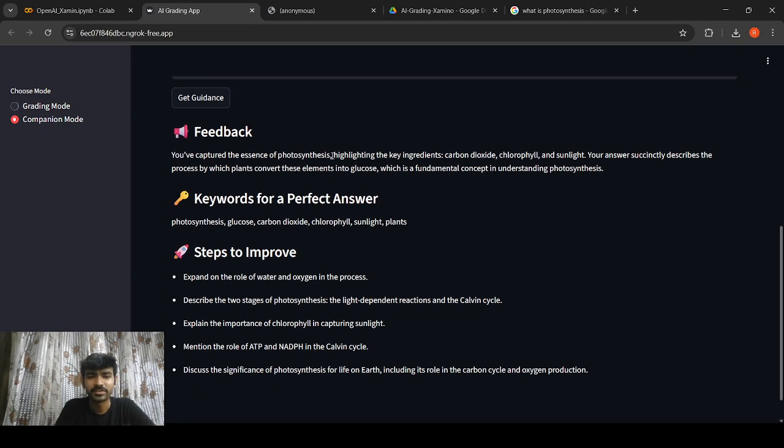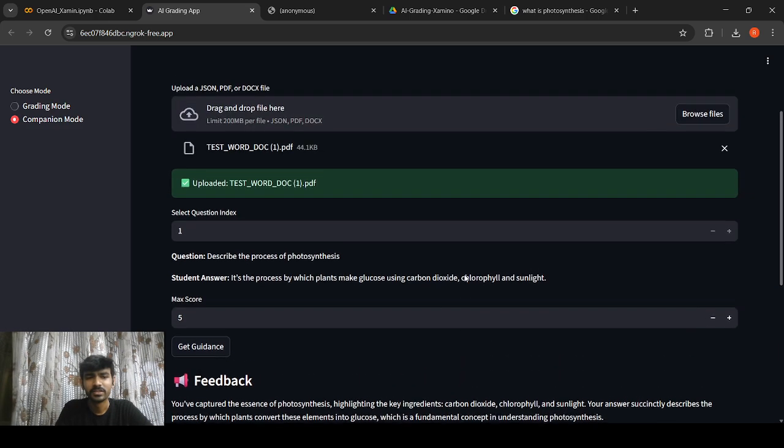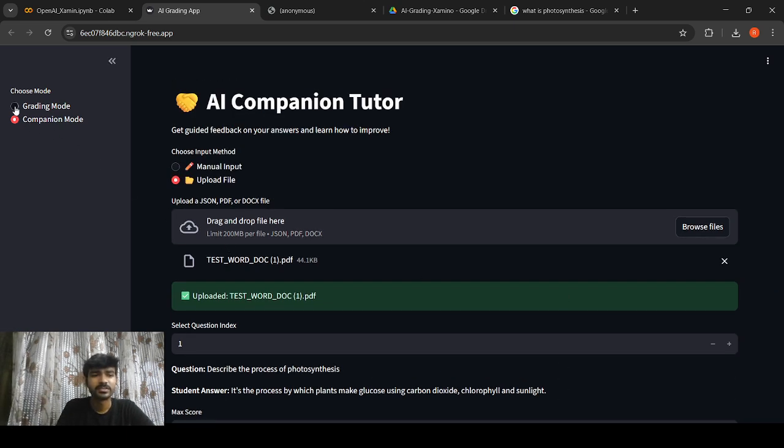You've captured the essence of photosynthesis, highlighting key ingredients. It gives us keywords such as photosynthesis, glucose, carbon dioxide, chlorophyll. Steps to improve, it has given us some steps. Expand on the role of water and oxygen. Describe two stages, light-dependent reactions, Calvin cycle, role of ATP and NADPH, and much more. And we can even increase and decrease the max score. So this was my model,